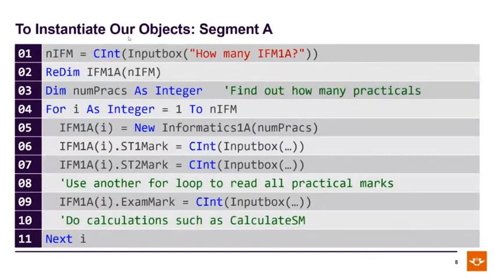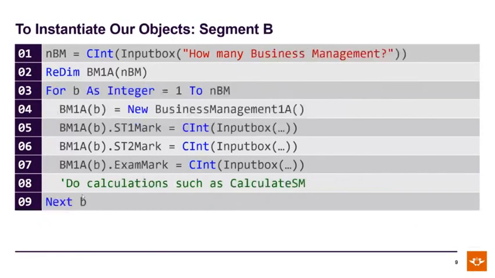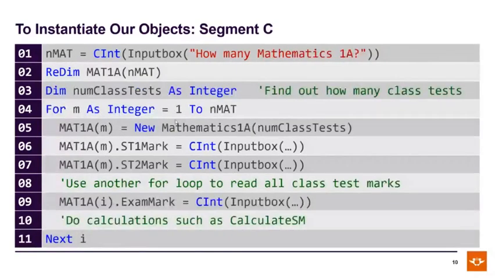So if you've got segment A, if it's an informatics class, you'll read the array, you will do a for loop, get the information for the array itself, and then continue until you've filled up that for loop. Same for segment B, which is for business management. Same for segment C for mathematics. Now,